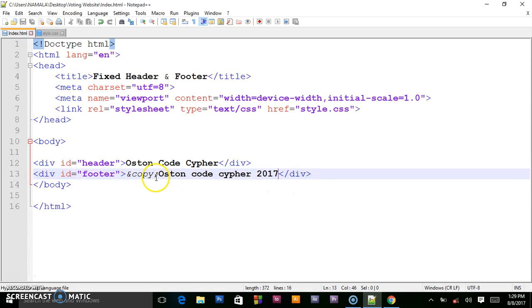And this is what we are having. I'm sorry for that delay. This computer had some problems maybe. So we're having this as our header and this as our footer, and as you can see we're having this copyright symbol where we used this ampersand copy and semicolon. So to target this in our CSS, we shall use the hash symbol or pound symbol,